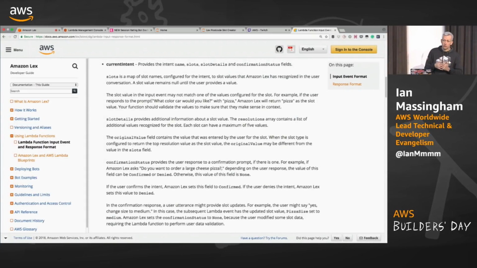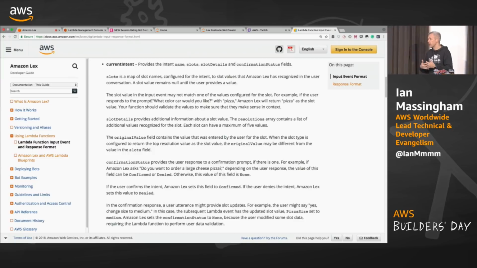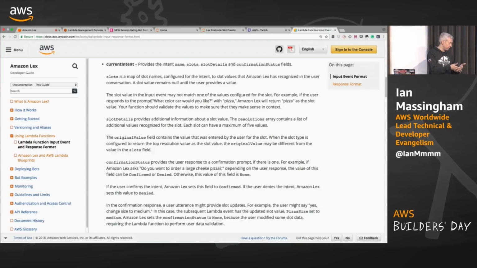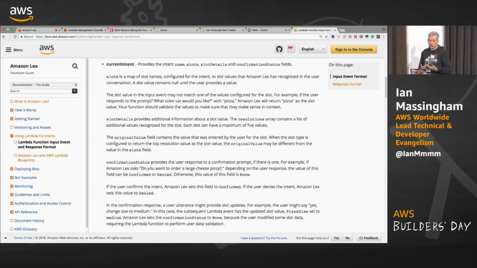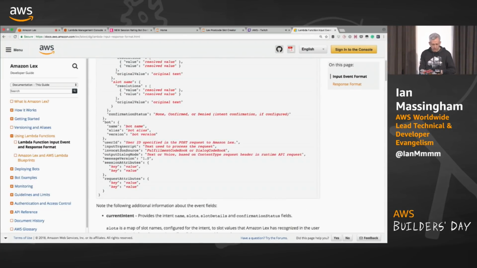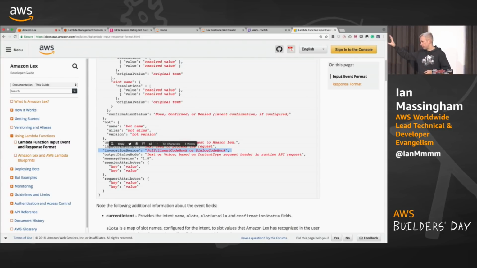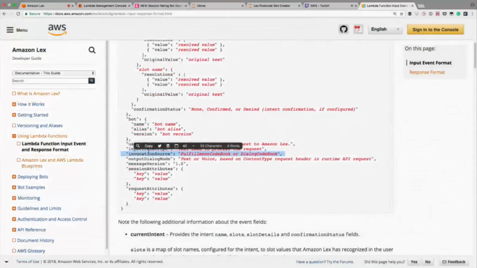So in my Lambda function, I'm essentially going to write a handler that understands how to interpret that document, okay, how to operate on that document, how to extract slots for validation, how to fulfill the intent if the fulfill intent flag is set, how to work with the input transcript, for example, if that's something that I need to do. So it's by writing a function that is capable of interpreting and operating upon the data structure that is represented in that document that I do this enrichment, okay, that I create more sophistication in the validation, that I create things like random responses, that I build any advanced functionality beyond the functionality that is inherent within the front end. Okay, so it's there is where I introduce the richness.